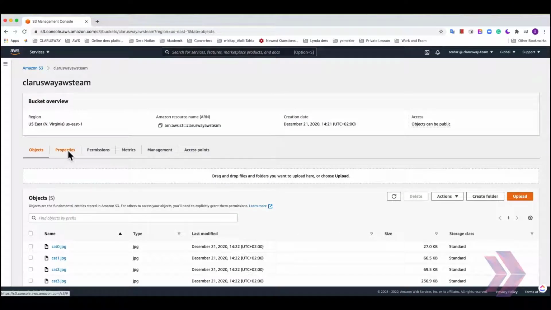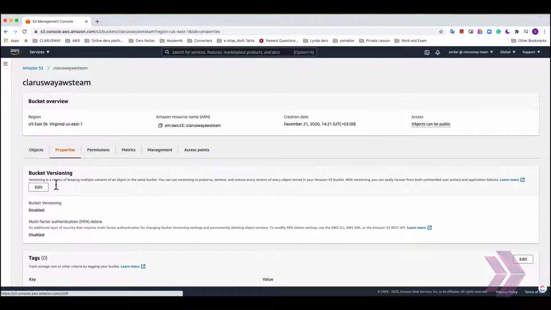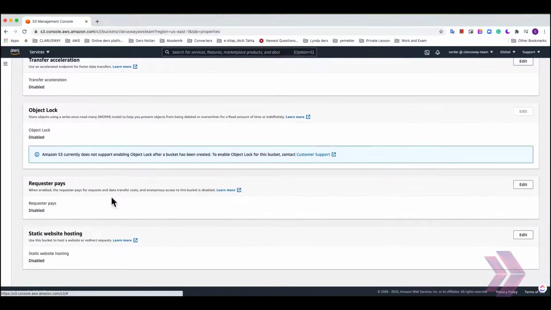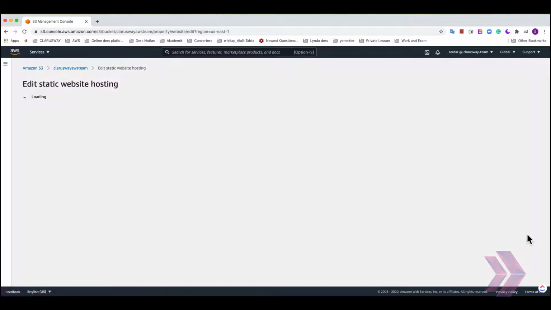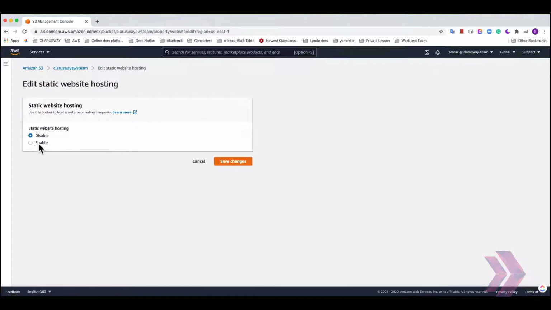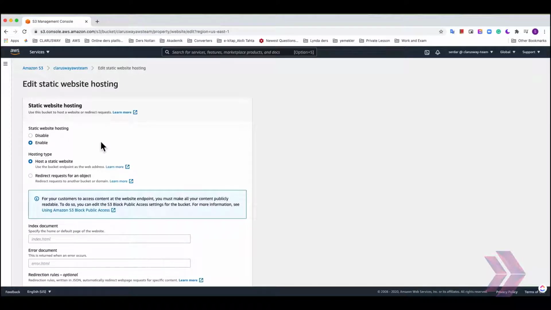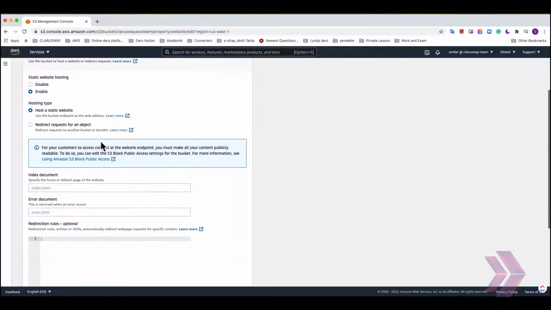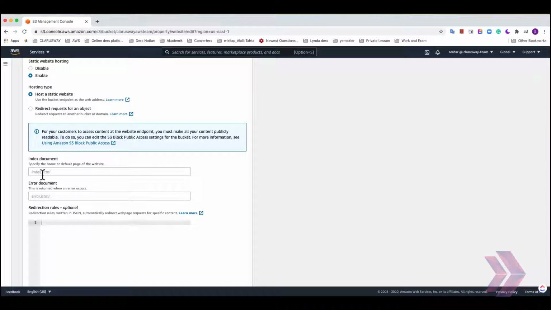Go to the properties here and scroll down. At the bottom of the page, you can see static website hosting, and click edit and enable the static website hosting, and write your default page name. My default page name index HTML, and